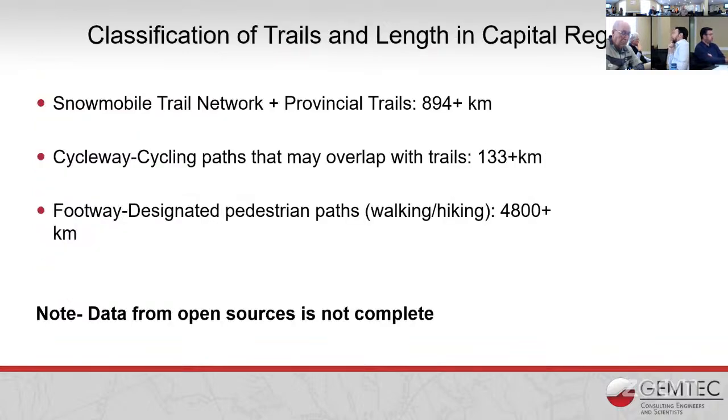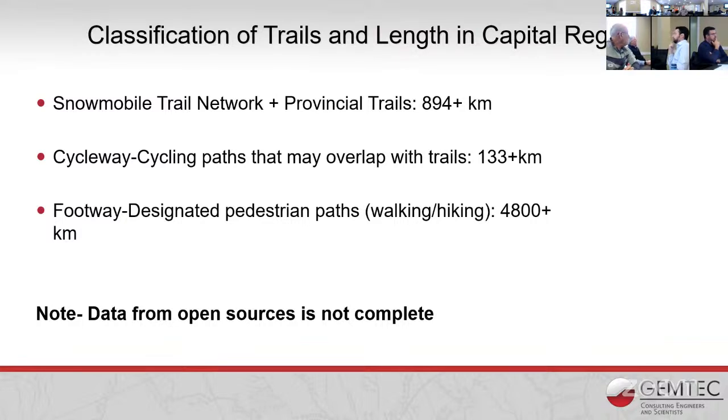So now, before we get to the demo, we classified the trails within the capital region into 3 categories based on the open data sources that we have. But as we receive more information, we could add different classifications.